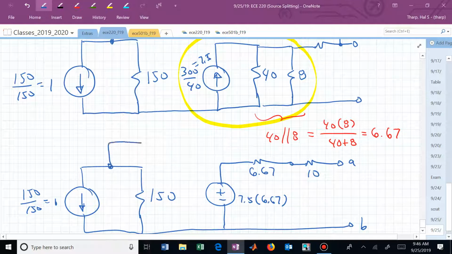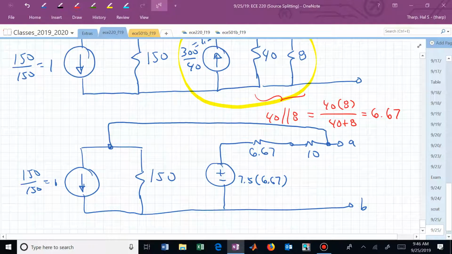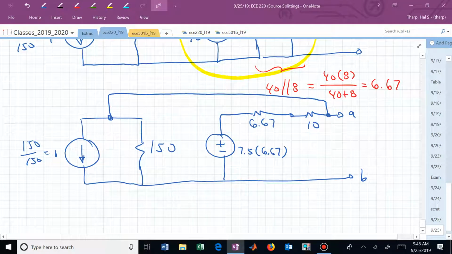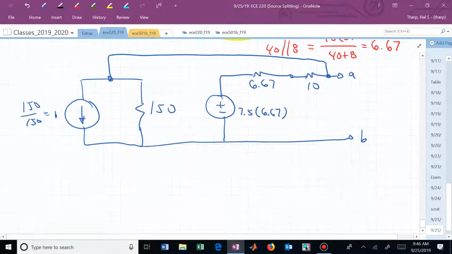And this is still connected over there. One more step, and then I'm going to be able to start combining sources. Keeping the one on the left,